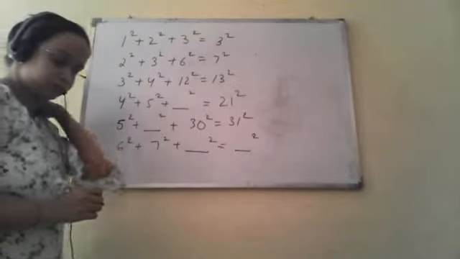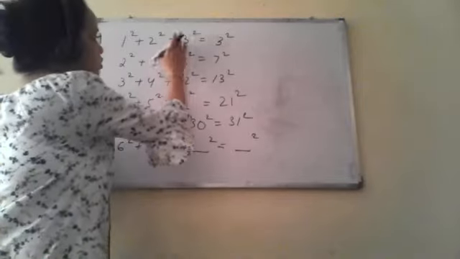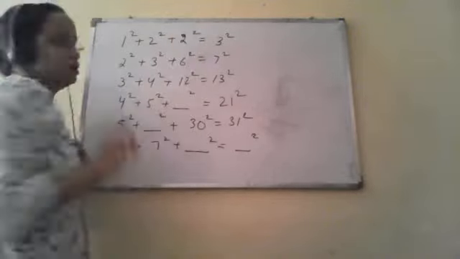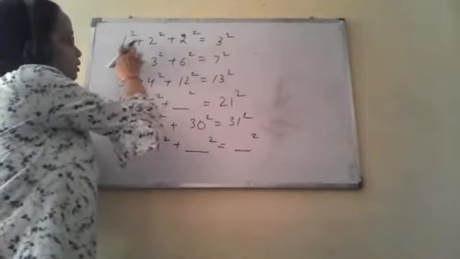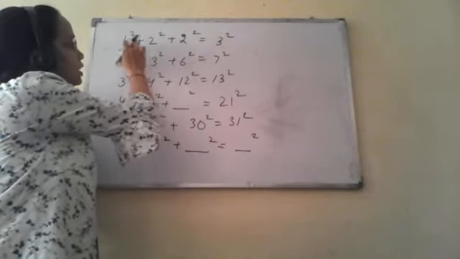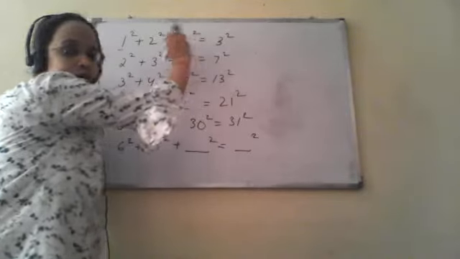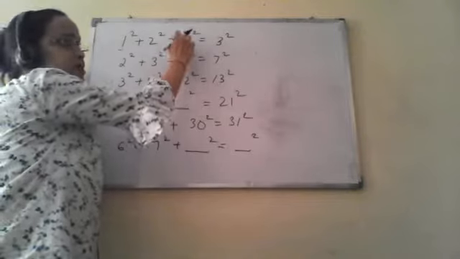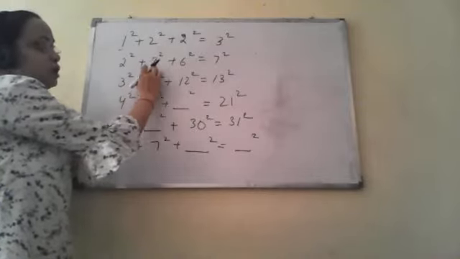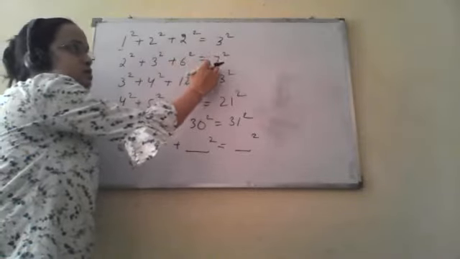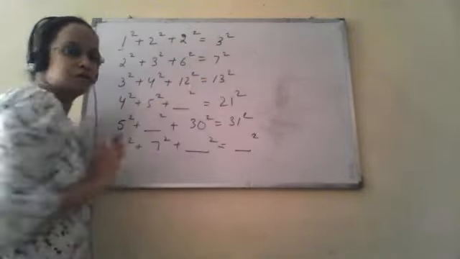So there is also a pattern given. Okay, if we just look at these numbers, forget about the squares. This third number is the product of these two numbers, that is 1 into 2, 2, and this resultant number is just the consecutive number of this, that is 2 into 1, 2, and the next number of 2 is 3, and we have simply put the squares of these numbers. Similarly, 2 into 3, this is 6, and next to 6 is 7. Similarly, 3 into 4, this is 12, and next to 12 is 13.